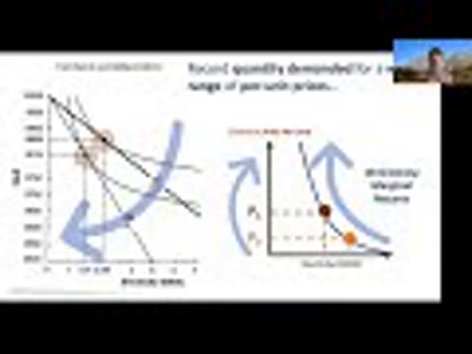But the change in demand is actually moving the budget constraint line or moving the utility curves, moving the indifference curves. So if you get a change in income, it's not that your budget constraint line rotates because the price changed. If you get a change in income, the whole income curve moves, even though the prices haven't changed. And it's that income shift which so-called changes your demand. You now have the ability to demand more because you make more money, for example. So, and then with that change in income, we can do the rotation exercise. And that rotation exercise at your new income will give us a new demand curve.